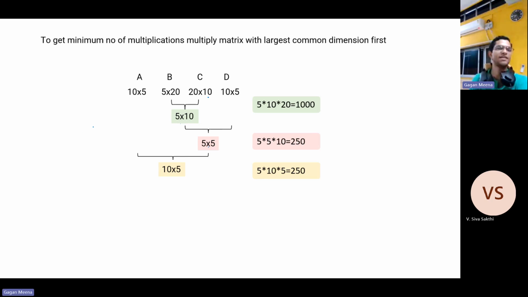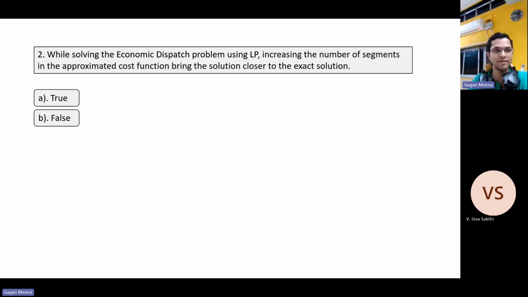And you can do it for the product of any number of matrices. Find out the minimum number of scalar multiplications. Okay, 1500. Now, the second question is this: while solving the economic dispatch problem using LP, increasing the number of segments in